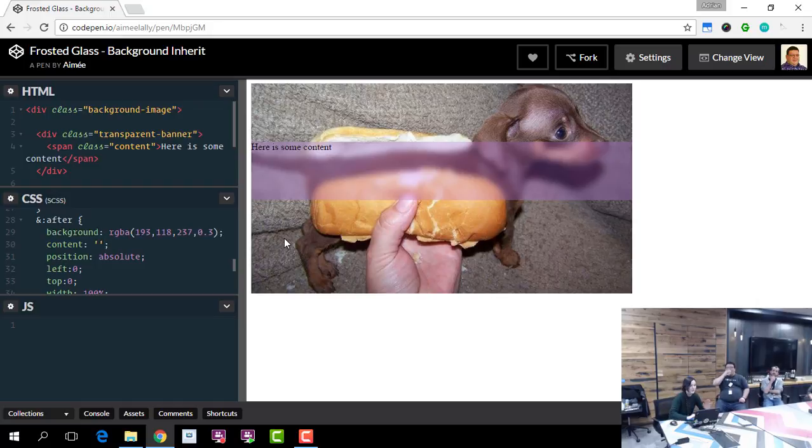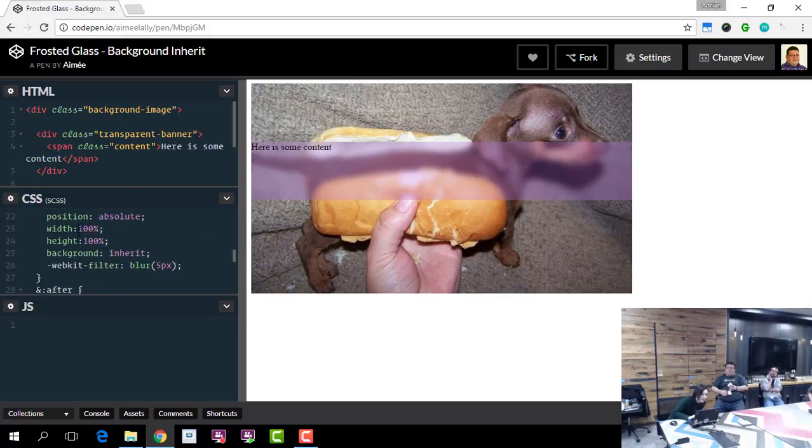Like it looks like you would just throw... There's a filter CSS thing, and it would look like you could just throw that onto the transparent banner here. But what that does is it'll apply the blur to the content. So if I